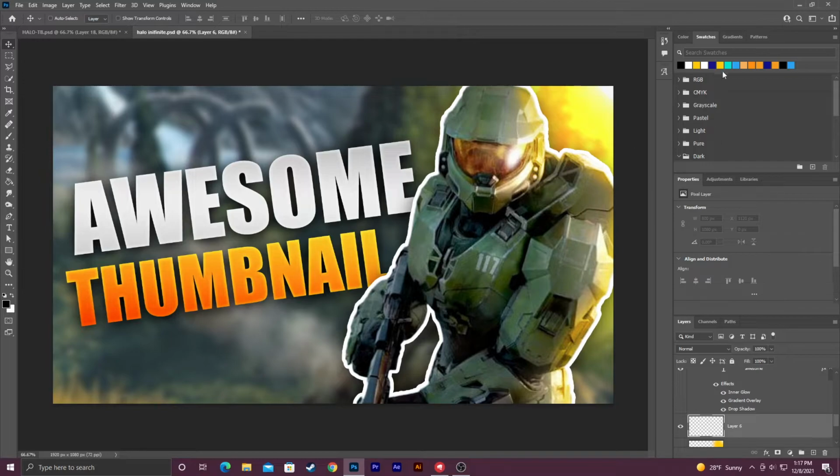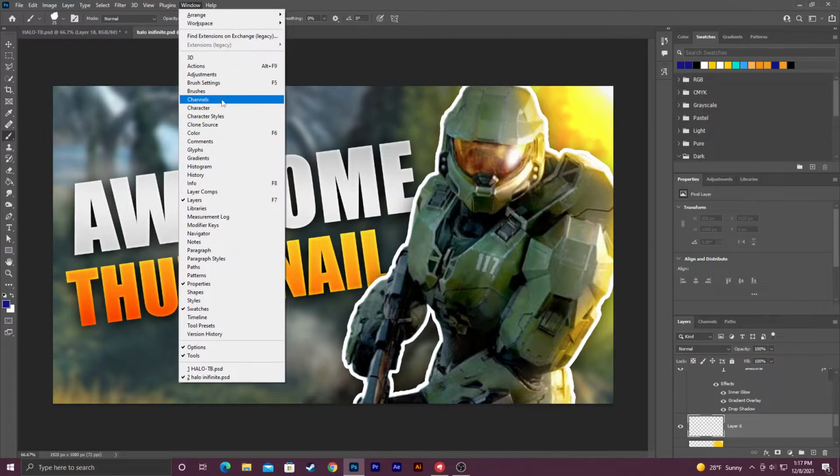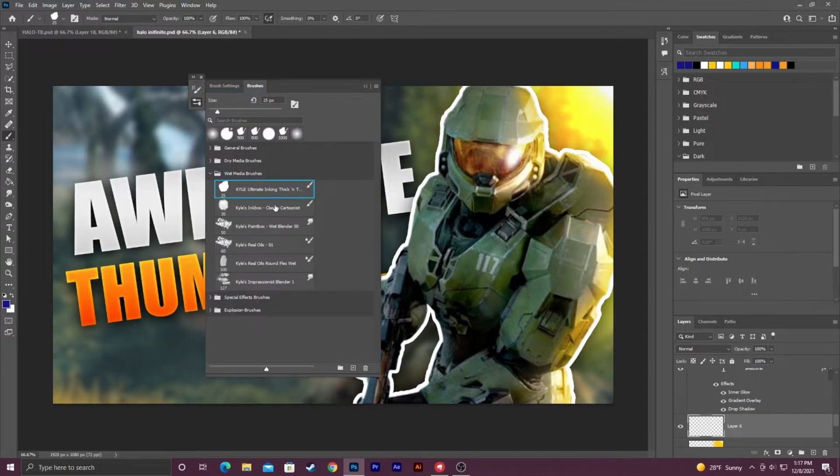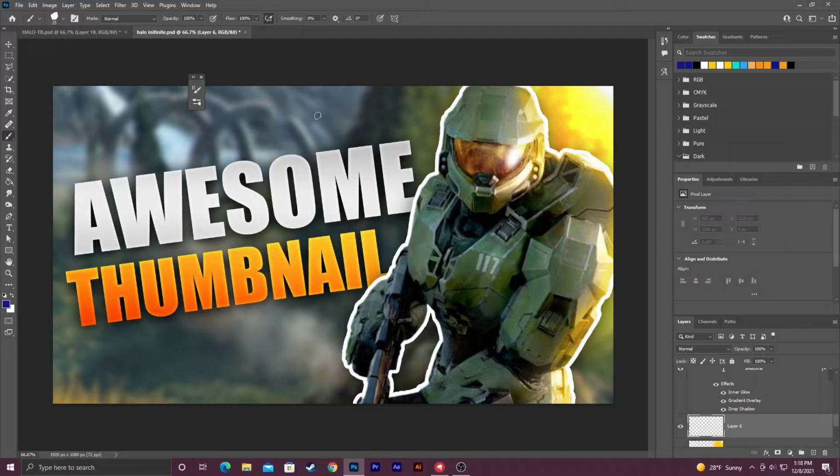I am going to select the blue that I saved in here earlier. We're going to go to window, we're going to go to brushes, and I'm going to show you which one I'm using. I'm using one of the wet media brushes. Kyle Ultimate Thick and Thin is the brush I'm using here. I'm going to make it really big, so I'm pushing down on the open bracket key like this,